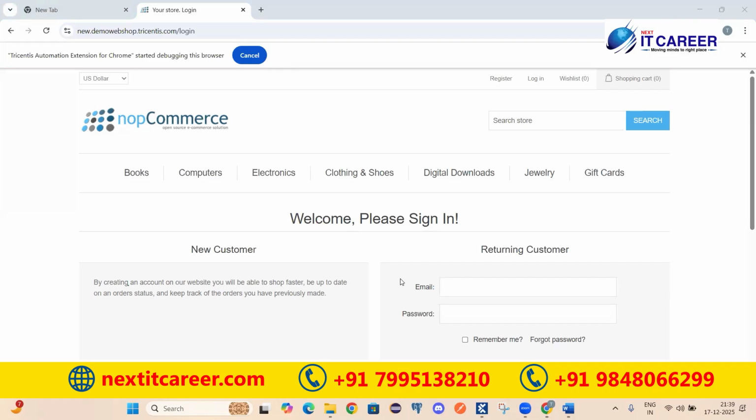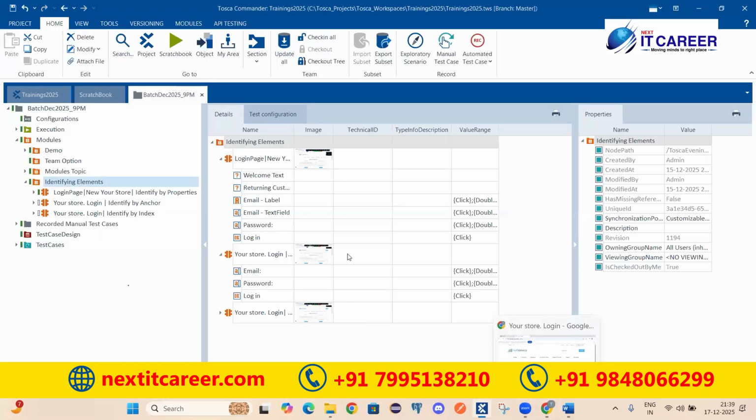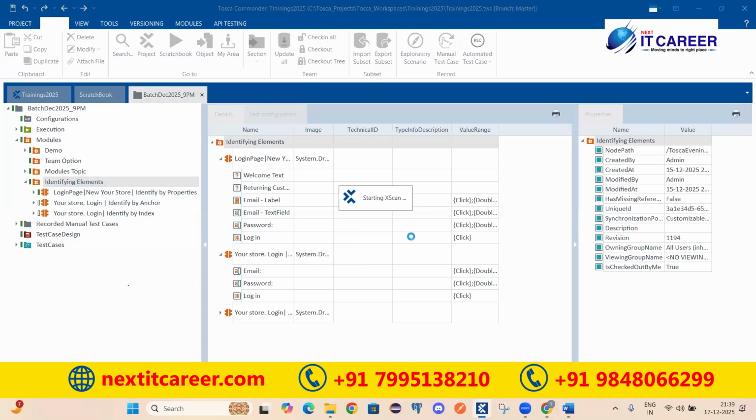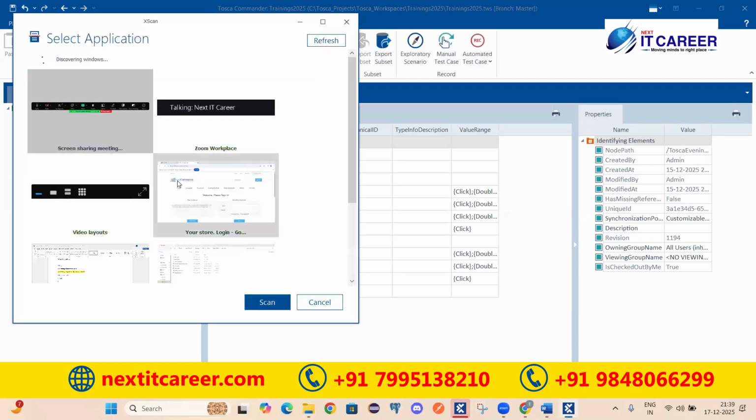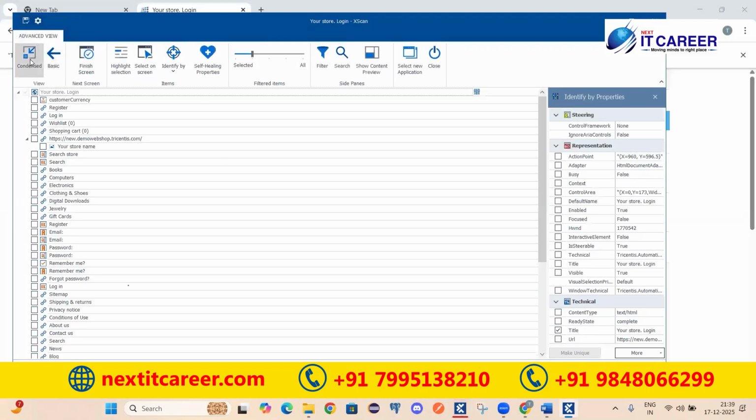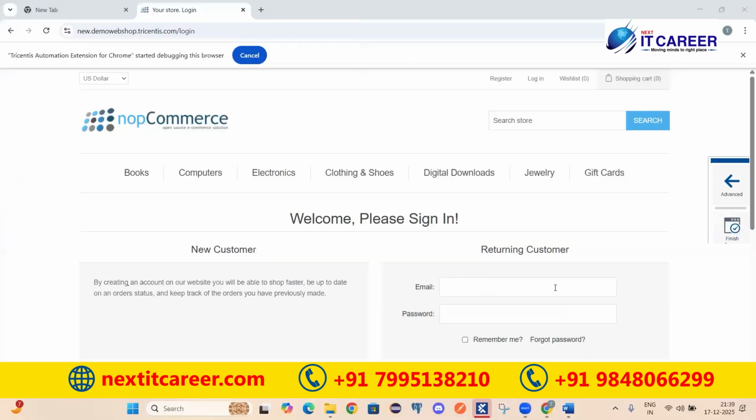So this is how, with the index part, you could take that element. Other than index, if you are not able to locate or identify any element with the help of properties, and you don't want anchor, you don't want index, then the last option left would be the image part. So I would select this again, whatever elements you would want. Let's say I want to locate this username field, the password, or the login button. Any of these elements, if I want to interact,